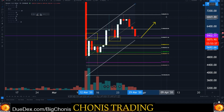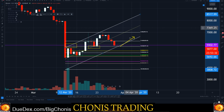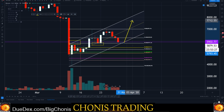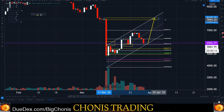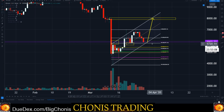a kind of a parallel forming here, where we are just hitting the lower edge of our parallel, and if we do find support here, we can target another top touch, which puts us at about $8,000, and literally to the top of our cliff where we had fallen off. So that is a scenario that this channel, give or take, and remember, we've had,